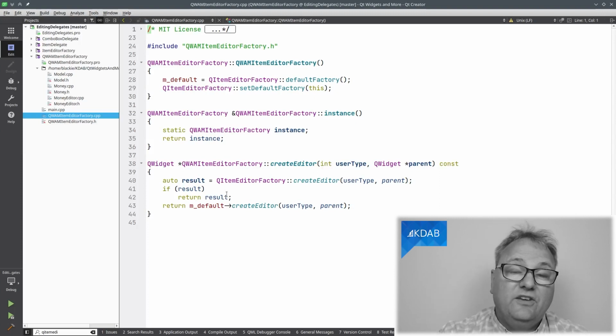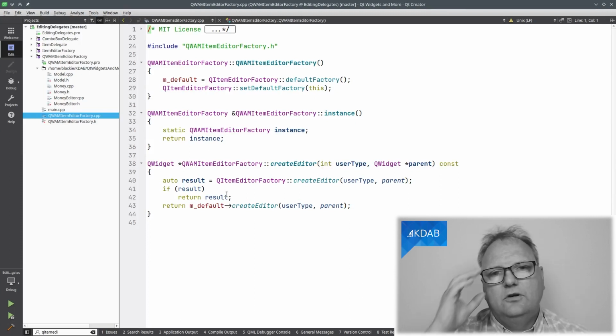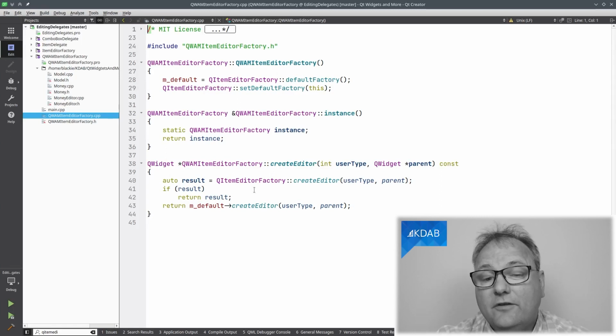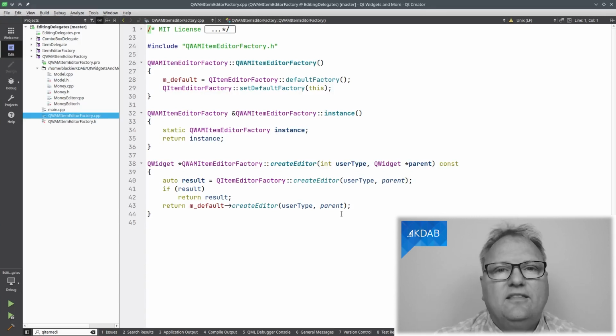Otherwise, it would return 0, and that's when I want to go to the default editor, which I get by going to this m_default, the one that I got out of asking up here. And I'll ask that one for the editor. So a Boolean will be edited with the editor that the factory is spitting out.